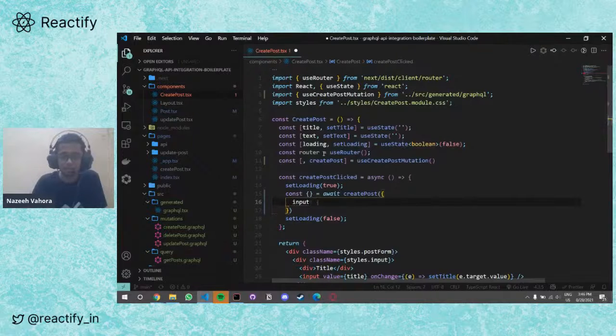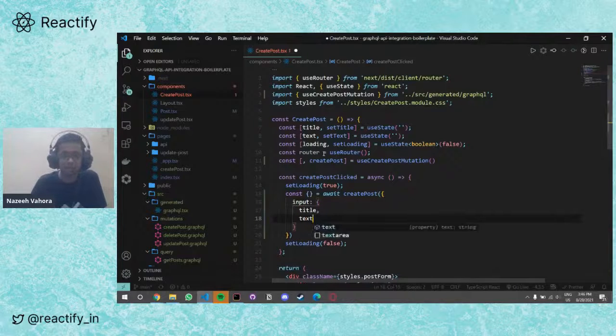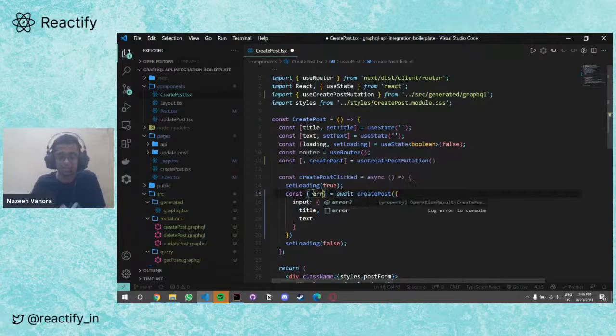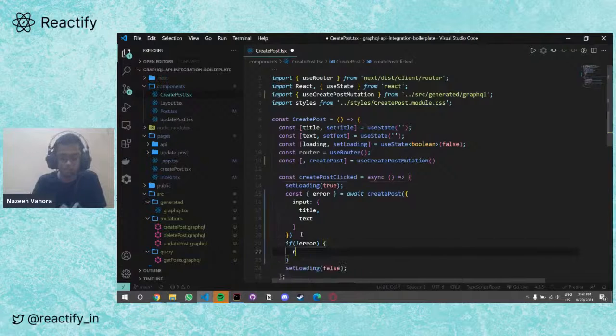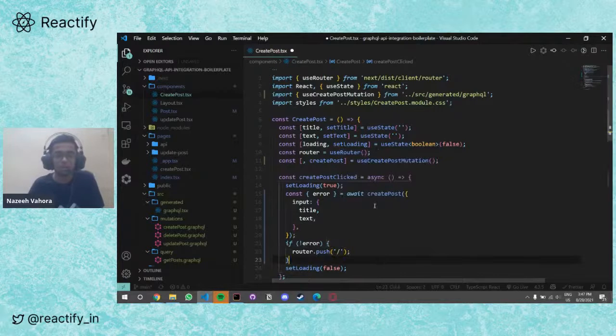It is giving me autocomplete for input, and here title and text. And this method will return us the error. If not error, then redirect us to the home page. Yeah, so here we go.